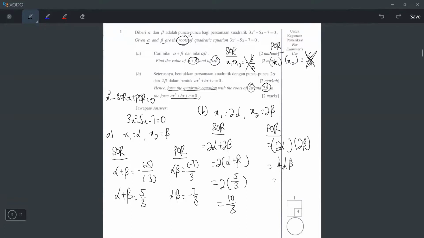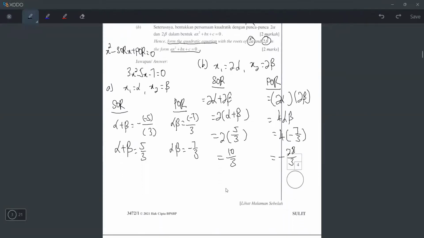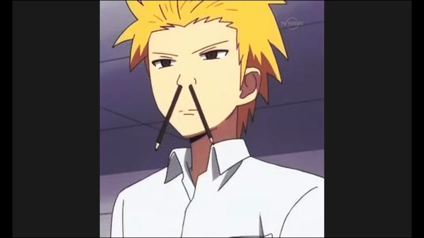So what's 4 times alpha times beta? Okay, 4 times alpha times beta is actually, I already know alpha times beta is negative 7 over 3, so the final answer should be negative 28 over 3. And now you already have your sum of root and product of root, you can write your equation. So remember, use this formula, right? So x squared minus,